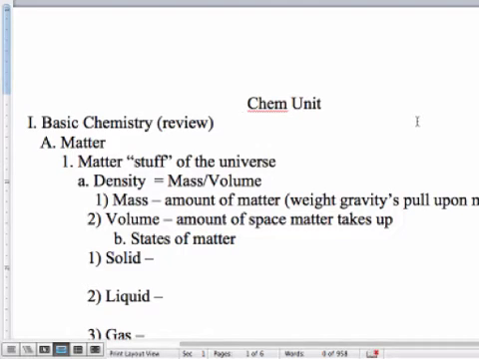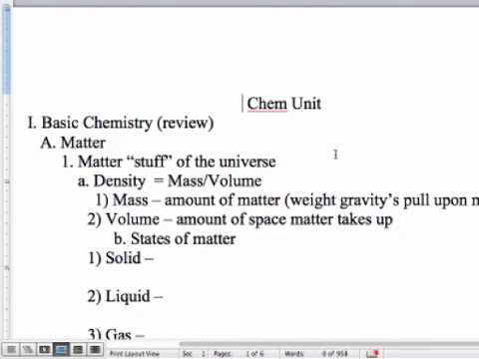All right, just to begin with, remember that we're going to start at the very beginning and kind of build upon that. And so what we're going to start with is matter. Matter is what things in the universe are made out of. And yes, there are different kinds of matter. And when you want to get into the really trippy stuff like dark matter, physics and chem, great class for you. We're going to talk about how matter makes up living things.